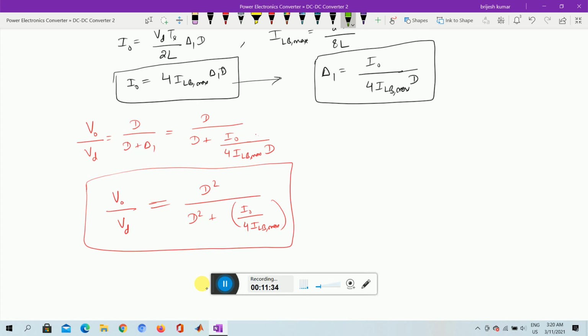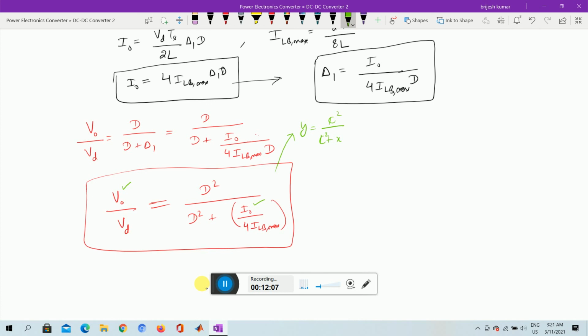I_LB max is constant, so I0 is going to vary. If load is going to vary, how is V0 going to behave for a particular value of duty cycle? We can see this equation will look like y equals 1 by 1 plus x. We can get this type of thing, or c square by c square plus x. So if x varies, then how does this